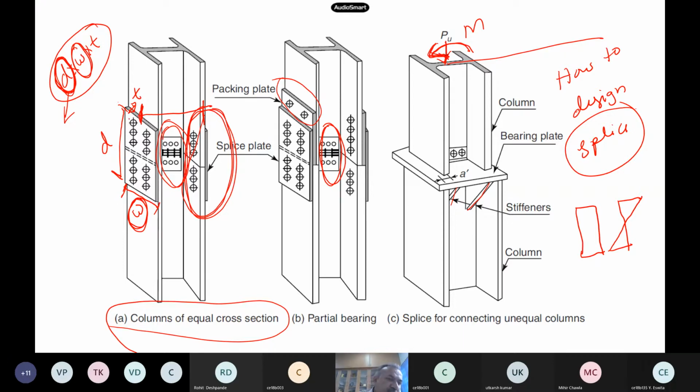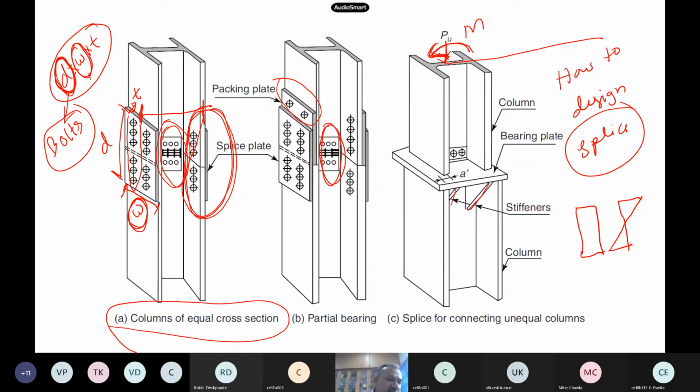In one line, how many bolts are there? 6 bolts are there. If I know the diameter of the bolt, the diameter of the hole, then the end distance, edge distance, gauge, everything is there, so you can easily find out the depth also. So this depends on how many bolts are there. It depends on the connection. If there are 10 bolts, then the depth will be different. If it is 2 bolts, the depth will be different.